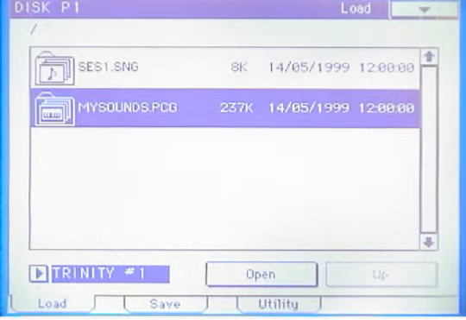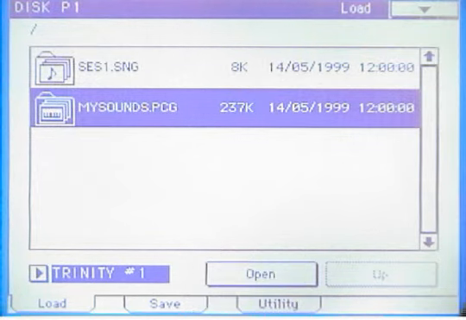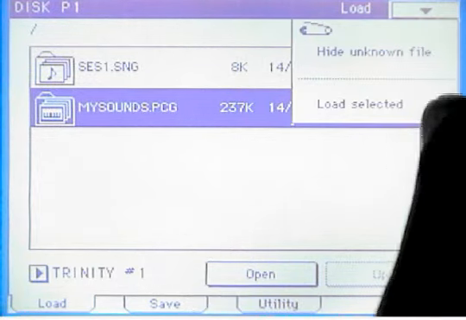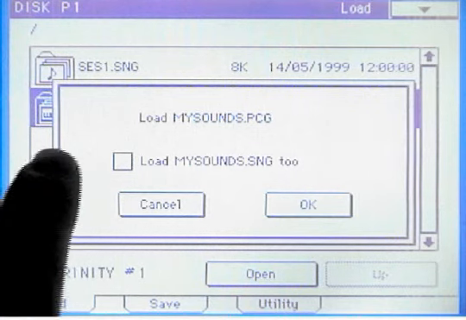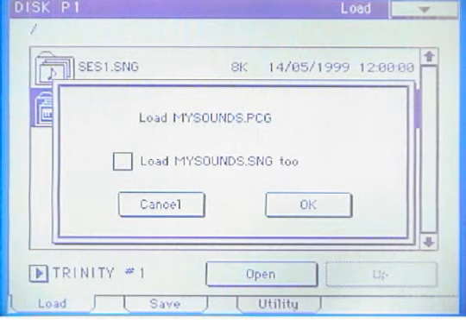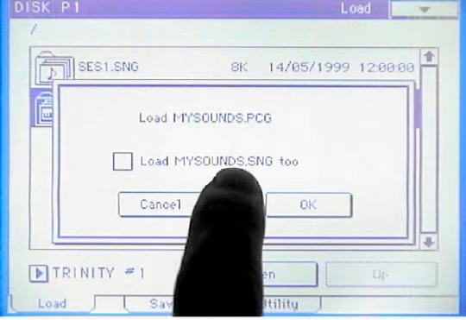And then to load the entire PCG back up, in the case that's needed, just make sure you're on the load tab, select the file, and from the drop down list click on the load selected tab. And in the instance that you did do a save all, you have the option to save a .pcg and a .sng under the same name,